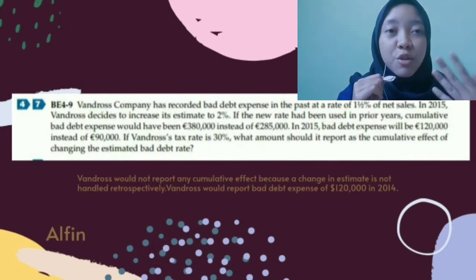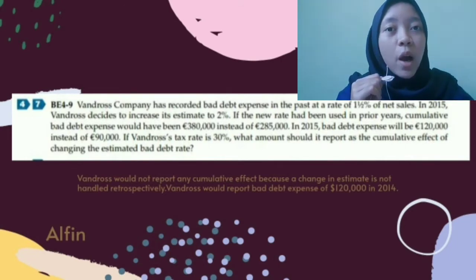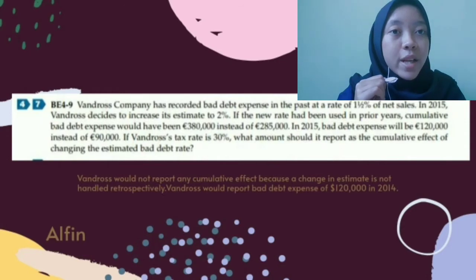And the answer is vendors would not report any cumulative effect because a change in estimate is not handled retrospectively. Vendors would report bad debt expense of $1,020 in